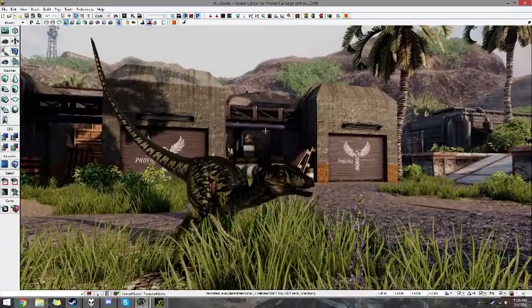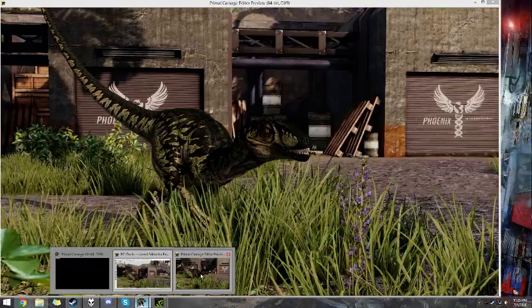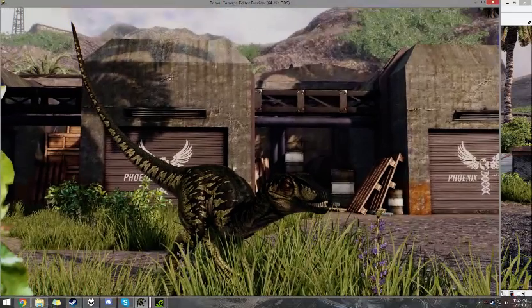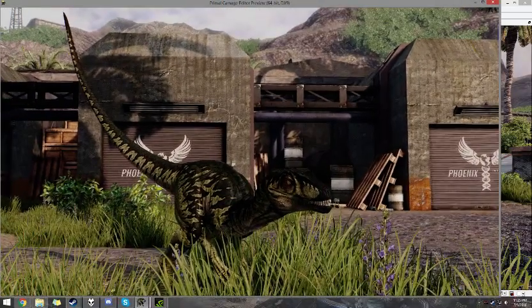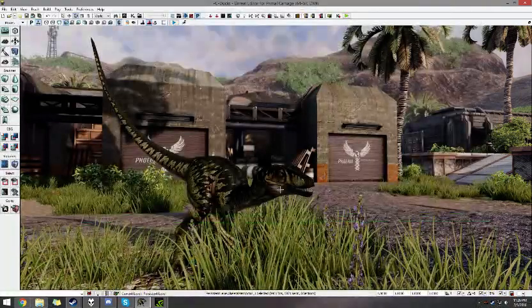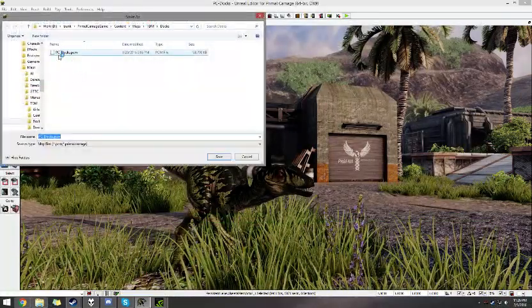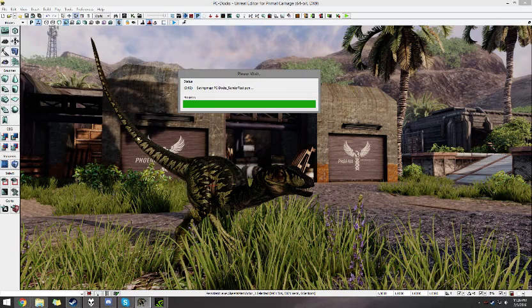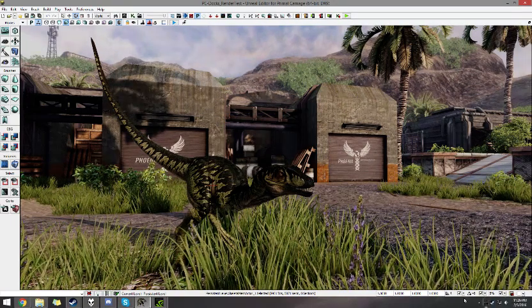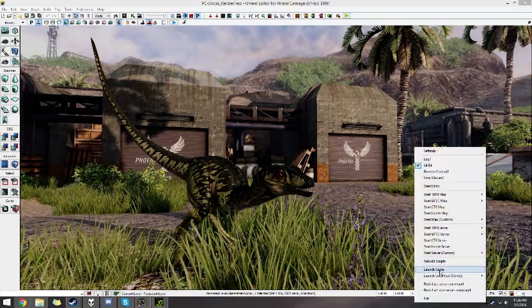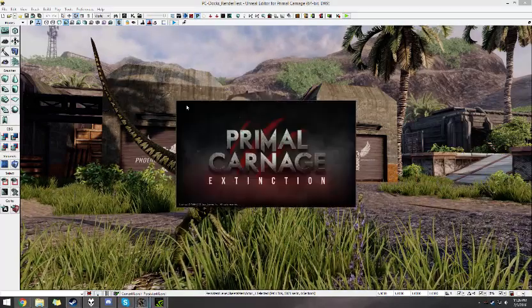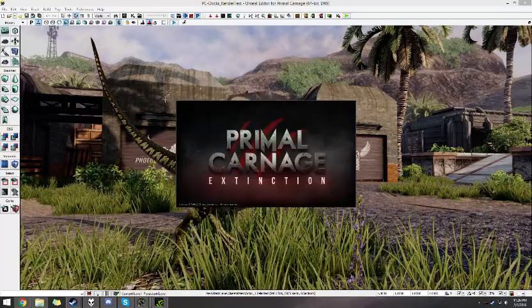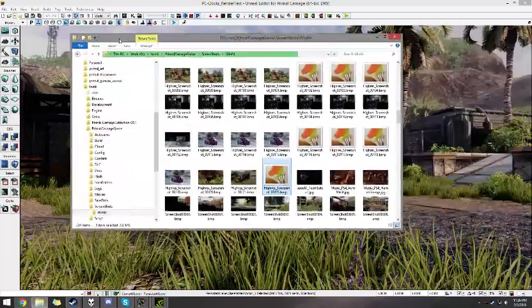So if you don't like working with that weird resolution, the way to get around that is to actually load up your map in-game. So I'm going to quit out of this, and I'm going to save this as PC docs render test. Now you guys don't have this tool, but if you just launch the game normally,